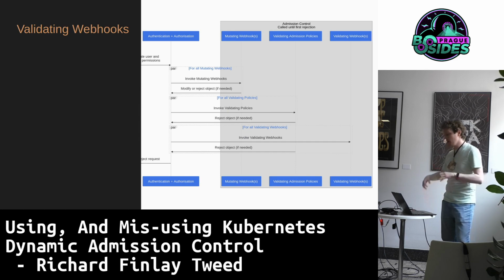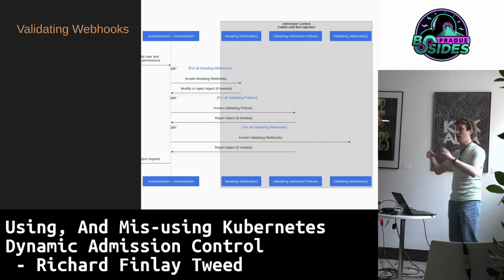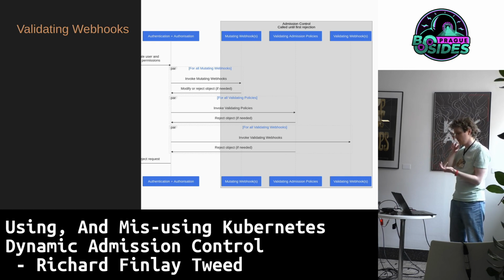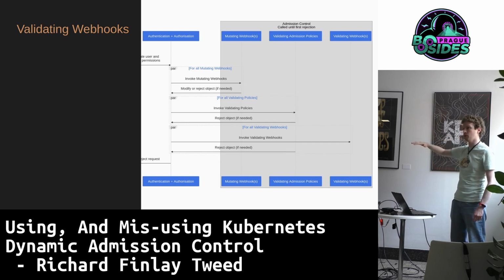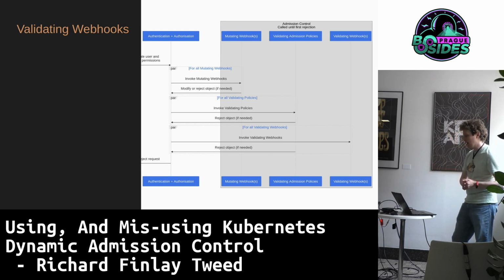So, last but not least are validating webhooks. In this case, you have to have your own HTTPS server. It has to be HTTPS. Again, Kubernetes will send you a request that matches your configuration, and you get to decide whether it passes or fails. It's allowed or it's not, and that's it. The main difference between the validating admission policies, which is what I was just talking about, and this is you have to bring your own